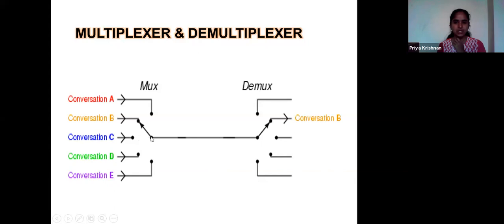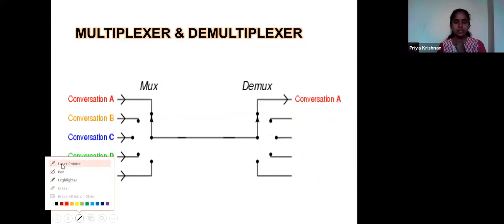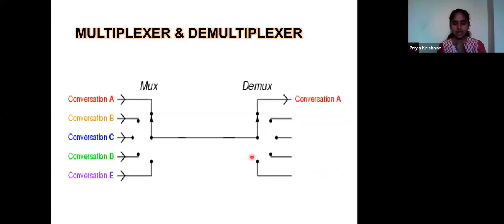I have a selection control switch. I can select whether I want to talk to A, B, C, D, or E. And in the demux also I have a control switch, or select switch, to connect to whom I want, whether A, B, C, or D. I can decide.